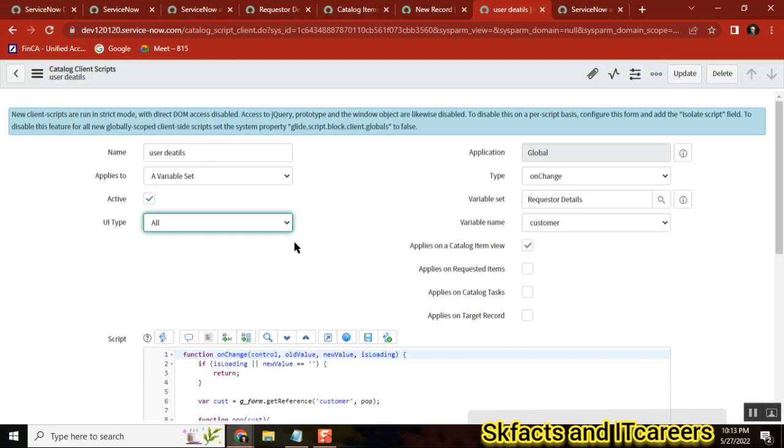Maximum you keep all. So that is also one thing, just keep it in mind. Now